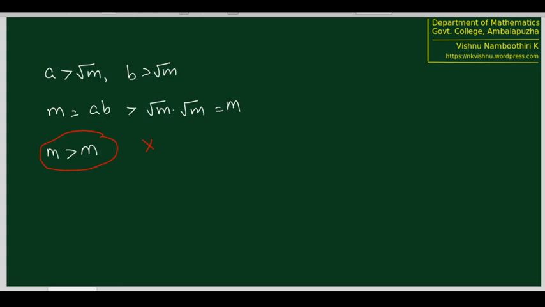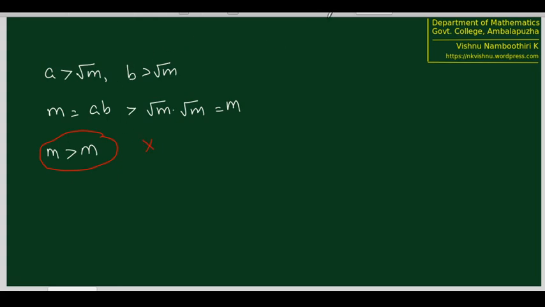Therefore, if we are trying to find out a divisor of m, definitely one such divisor must appear well before root m. It can be maximum root m. So to check if a given number m is a prime or not, we need to only see if it has some divisor in the range 2 to root m. Now we have already seen that to determine if a number is a prime or not, we don't have to check all the divisors, but we need to only check its prime divisors.